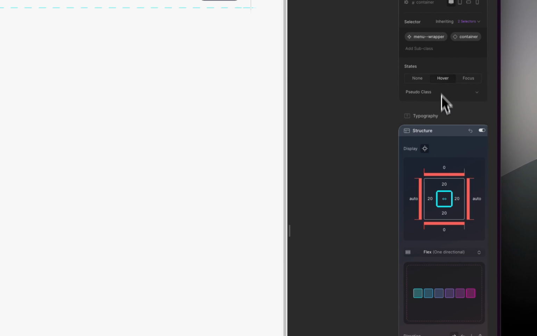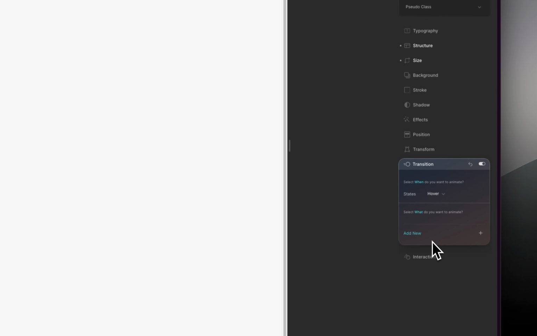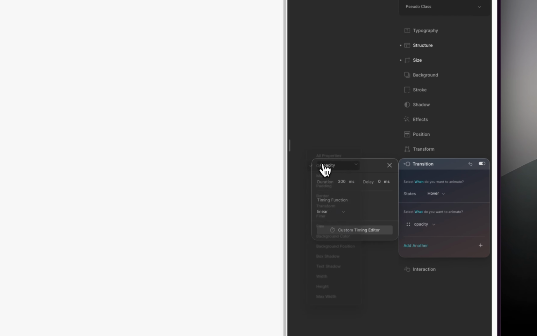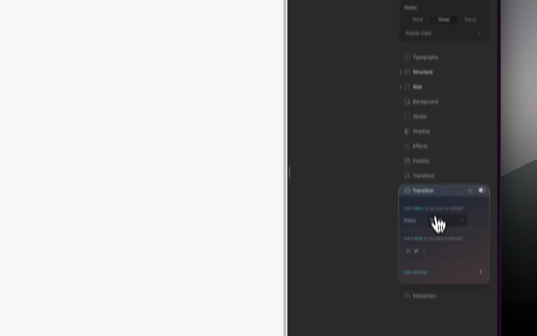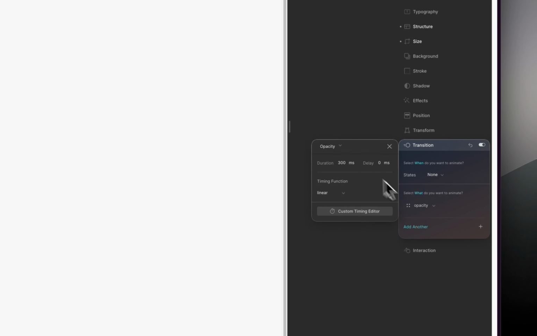You can do more with the hover state. So when we click on hover state, and then we go into transition, because the hovering is a bit too rough, we can add a transition over here to our properties, and then 300 is fine. You can add like a 50 millisecond delay if you do want that. And then we can go back from the hover state to the none state, and also add a transition over there, our properties, and then you can also add like a 50 millisecond delay, and then let's save that.